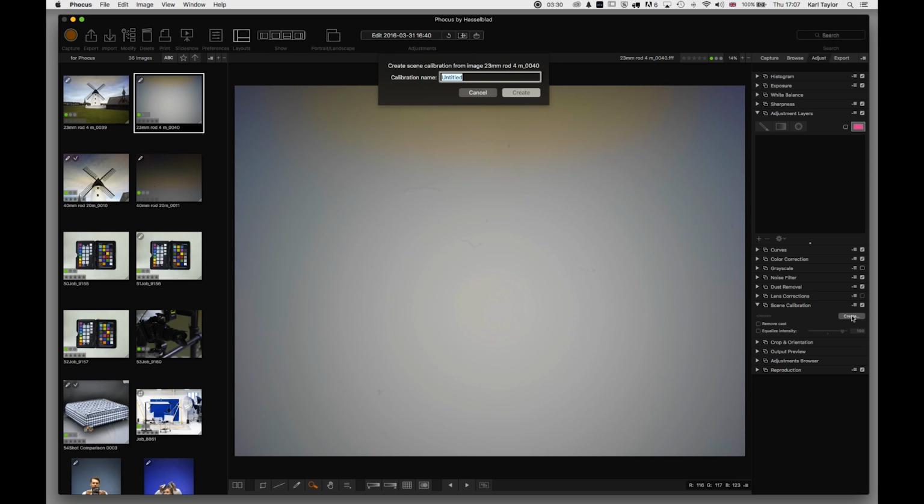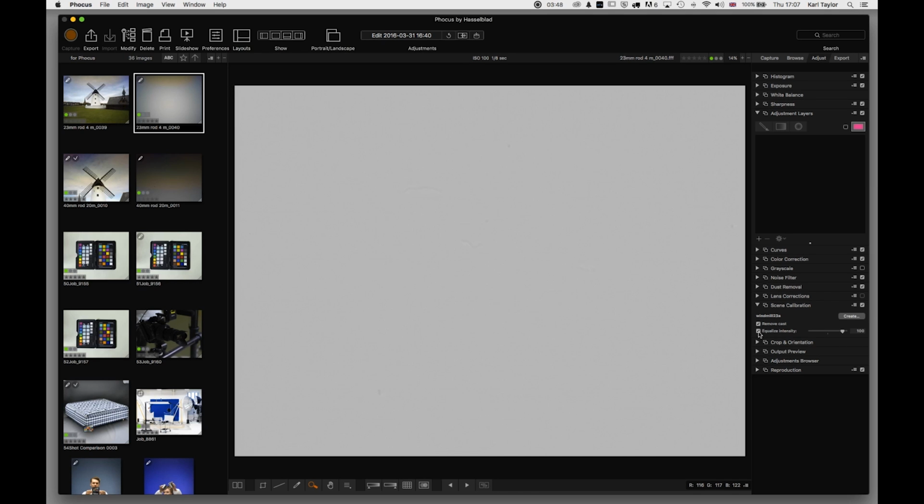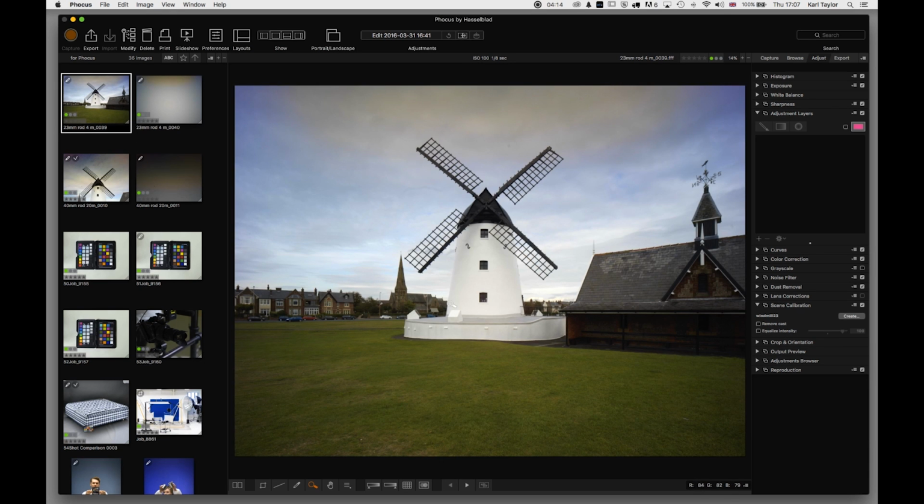Well, it's quite simple. We go onto the image that we want to use as our scene calibration. We choose to create a calibration preset. Now I'm going to call this one Windmill 23, just so it corresponds with the file name, and say create, and I say remove cast and equalize intensity, and it's defaulted in at 100. I can reduce that a little bit if I want to knock it back, so I'm just going to knock that back to 80, and I can now go over to the image,